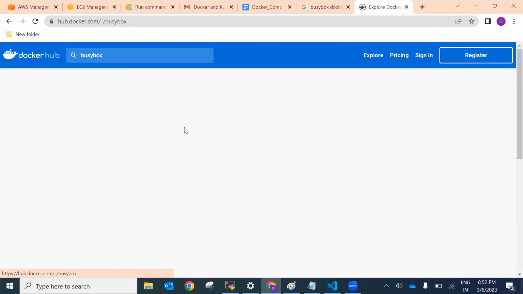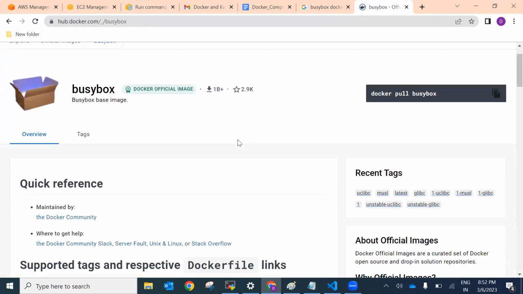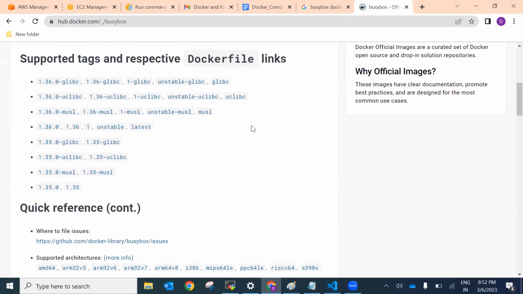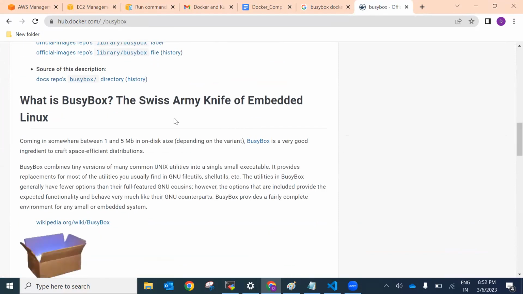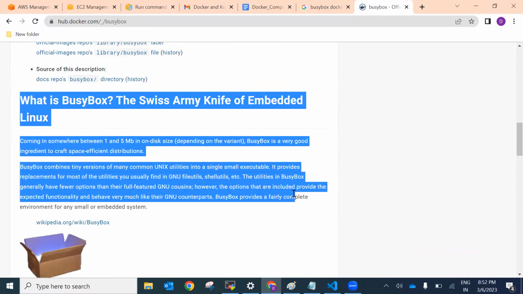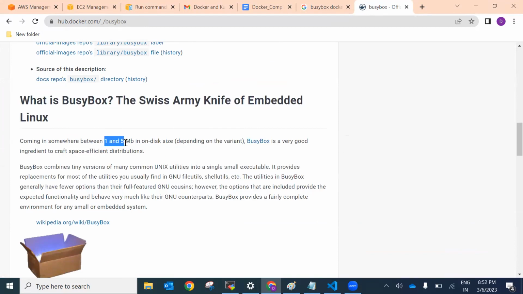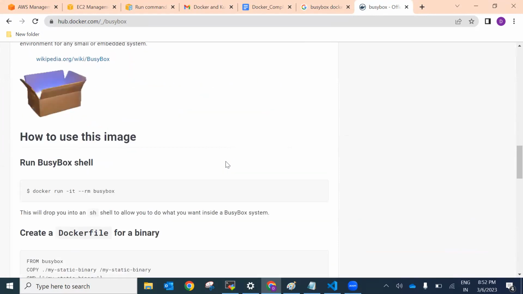Okay, so busybox, click on it. 1 billion plus downloads, and you can read about it. See, it is very small in weight. It is between 1 and 5 MB only. Okay, then